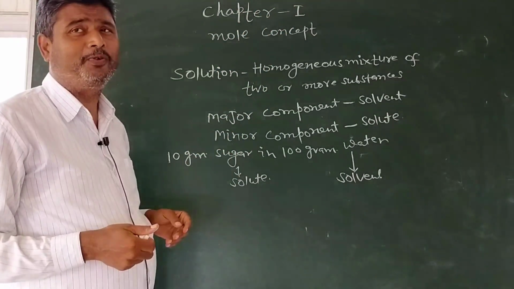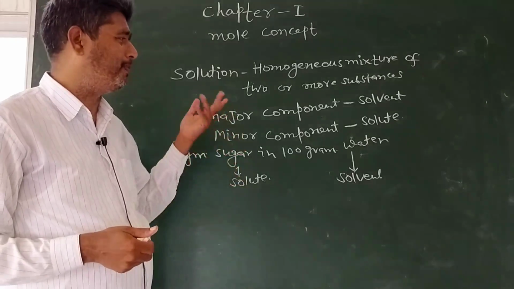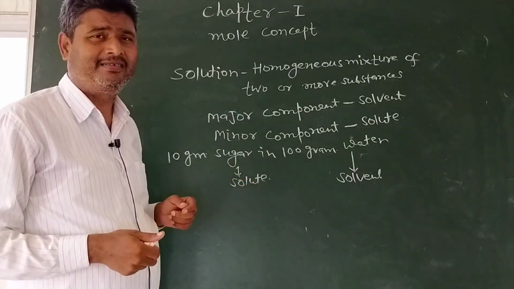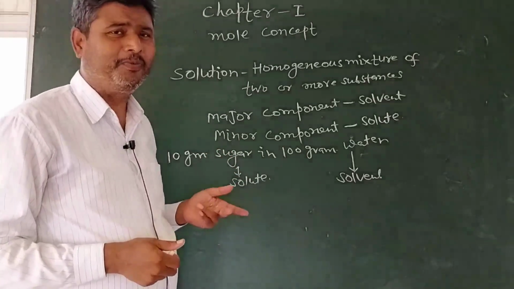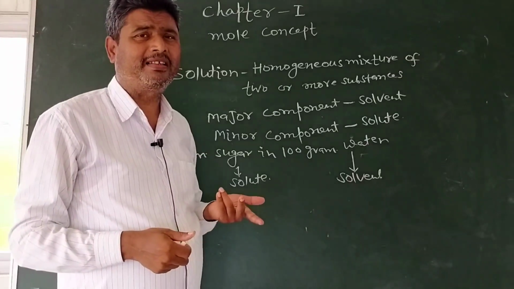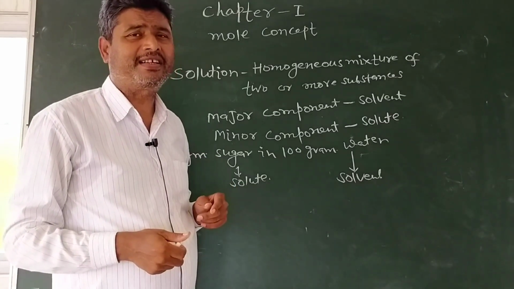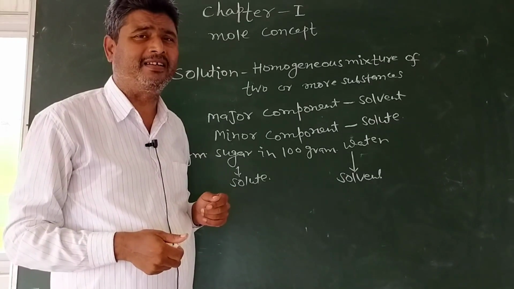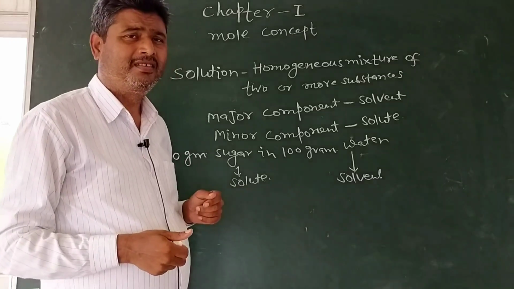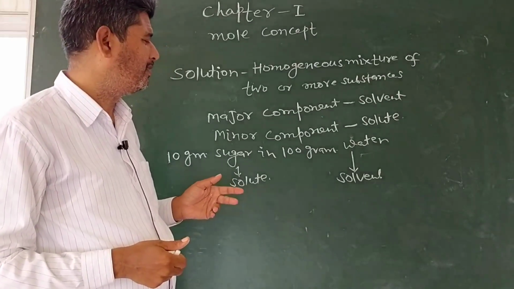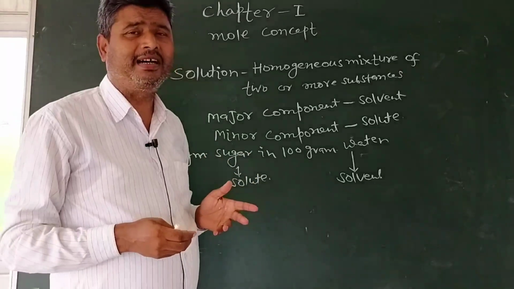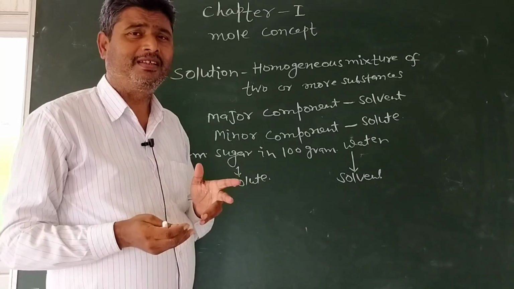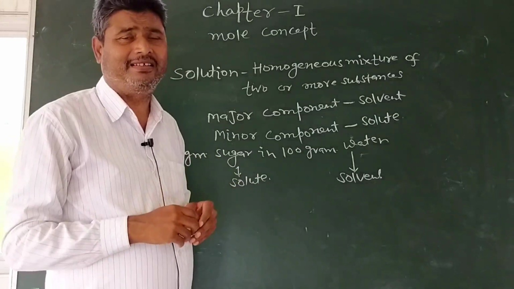I have told you just a few minutes before, solution is of further types, such as solution of solid in solid. An example of this is brass. As you know, brass is an alloy of two metals. Constantan and nichrome, which is used in the coil of a heater, are also examples. Nichrome or brass is an example of solution, but the category is solution of solid in solid.